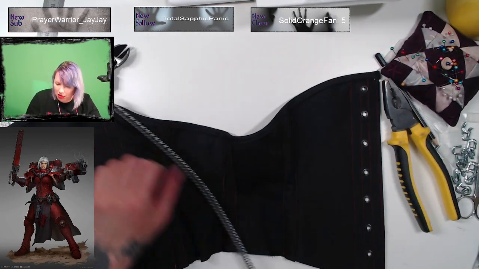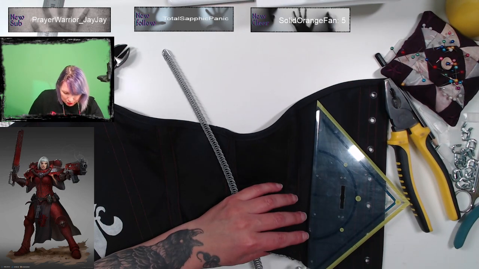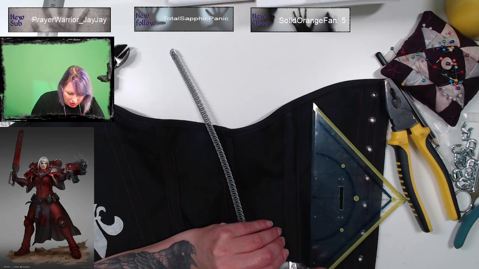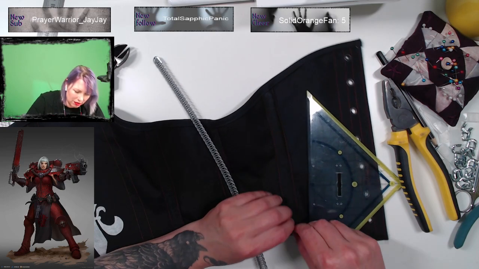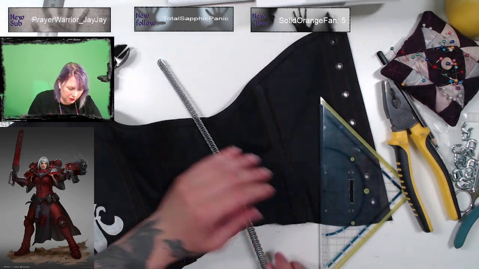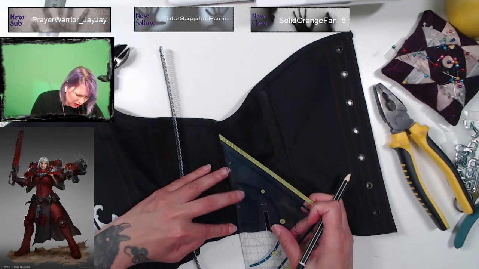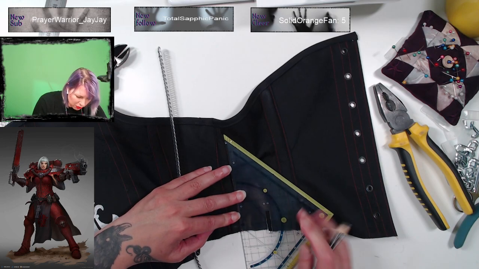So I need to measure. Right, let me put you in here, because then it's done and gone and out of my way. Here we go. That's 1. That's my pencil. I need 1 centimeter from the edge, because that's where the bias binding goes.